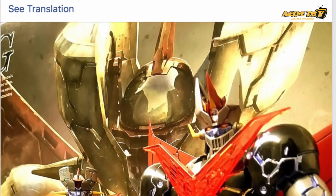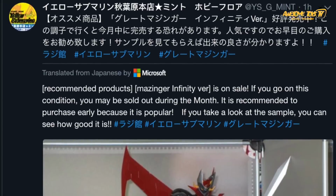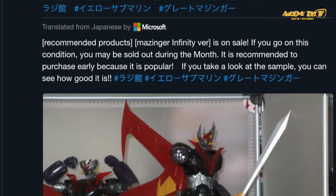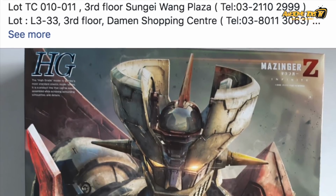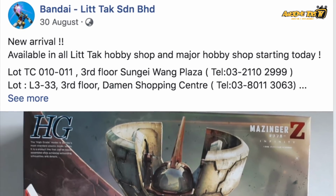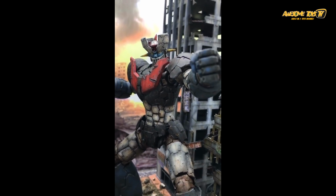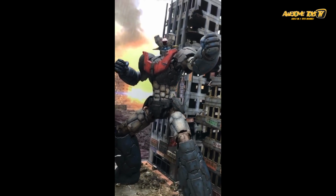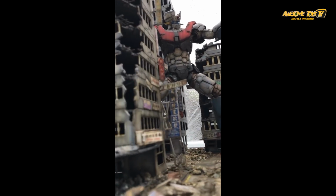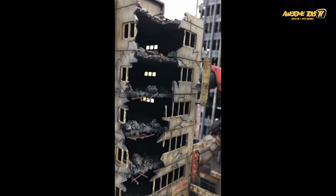normal Mazinger Infinity version. And it's no question why, because when you look at Facebook and Twitter, there are a lot of modelers worldwide from Japan, Hong Kong, Taiwan. I've seen a lot of people posting their Mazinger and also their Great Mazinger purchases and also their works. And of course, we have featured Xing Chui's amazing looking rusty Mazinger previously. So it's quite surprising, because almost every store we go to, if you want to buy a Moon Gundam or a Sazabi real grade, they always seem to have stock. But when you ask them for a high grade Infinity version Mazinger or Great Mazinger, almost every single store is